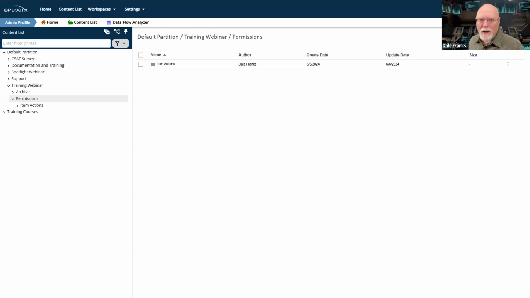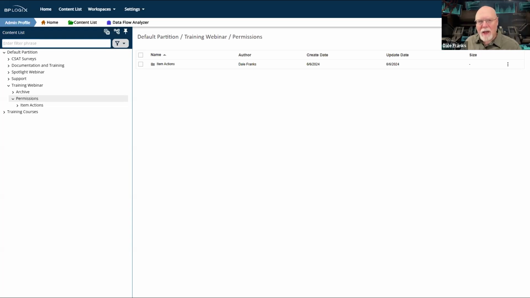Permissions is the system in Process Director that allows individual users or classes of user to access elements inside the content list, forms, process timelines, or what have you. There are a number of permissions that give people access to different objects. Now, Process Director uses what we call permissive access, which is to say that to access an object in the system, you have to be granted access. If you are not granted access, you simply can't access the object.